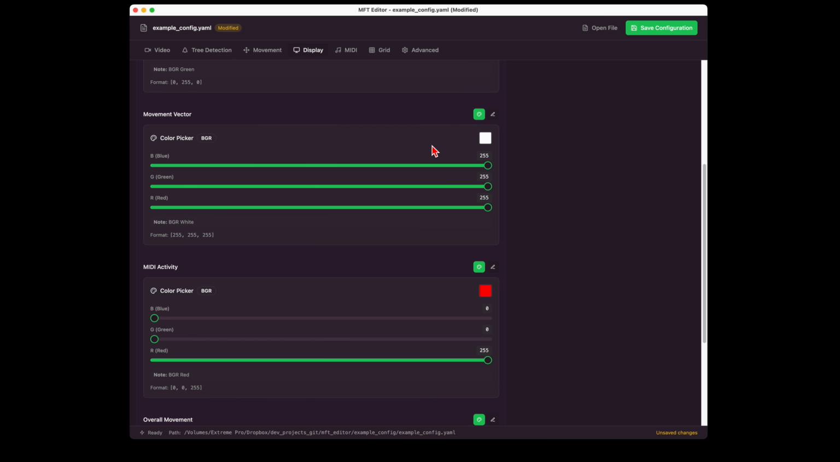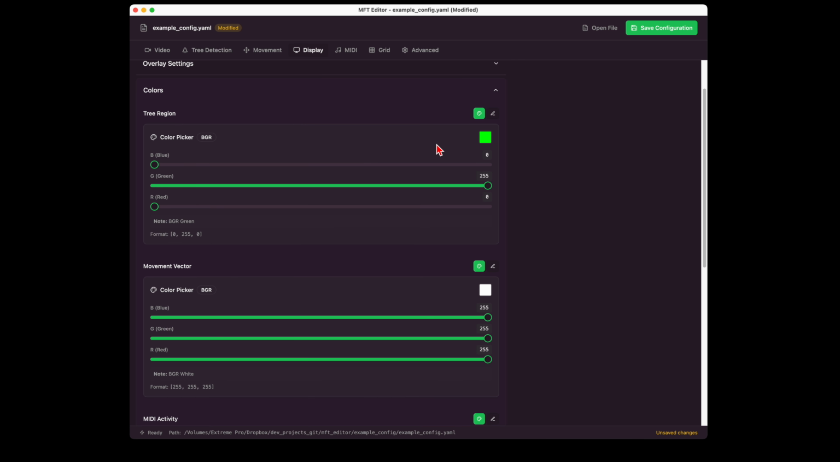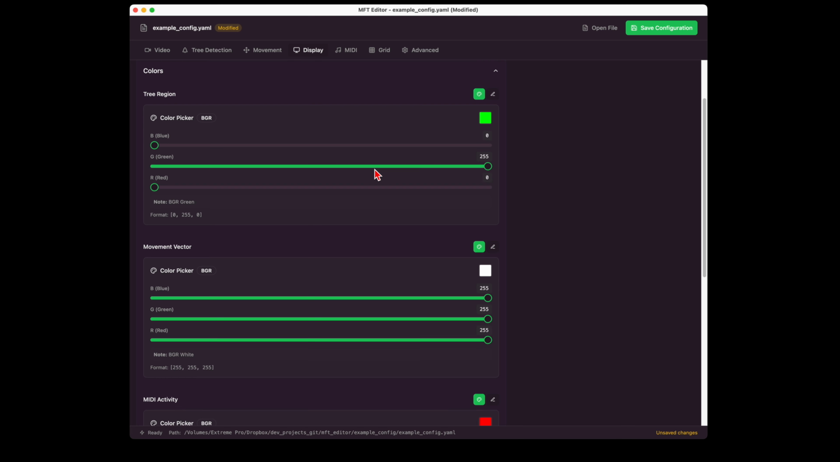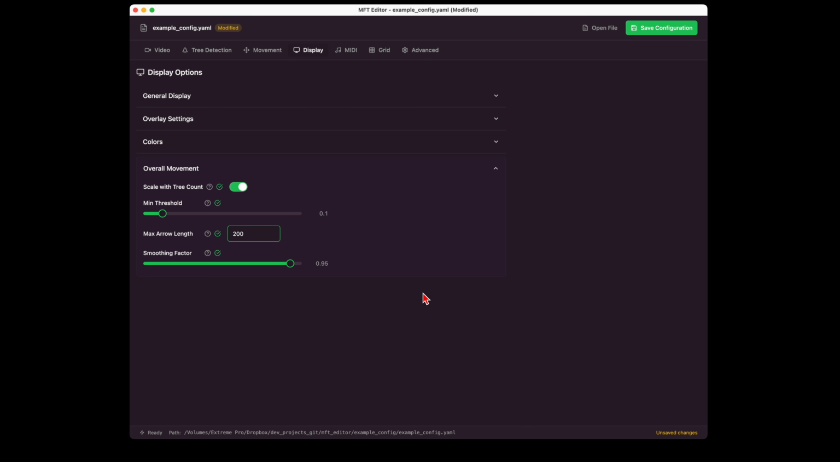The vector arrows for each individual color region will be white. And each tree region, or each color region that it detects, will be in green. So that's pretty, again, you can leave that alone if you so wish. And as far as the overall movement vector is concerned, that big arrow that sits in the middle, you can